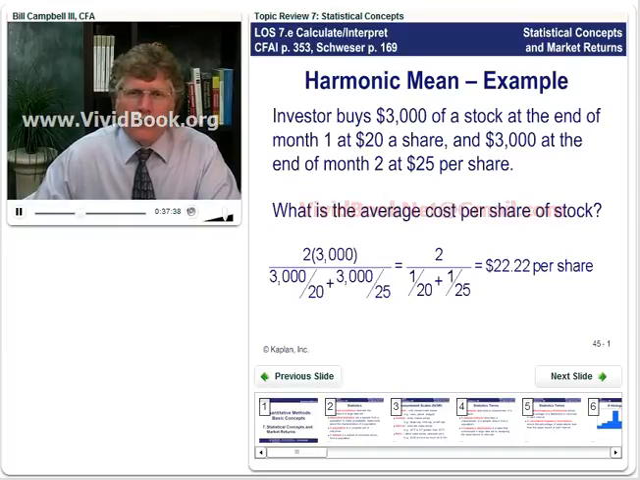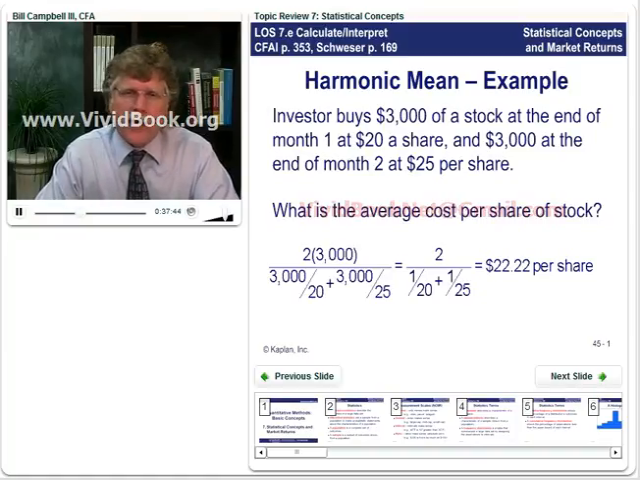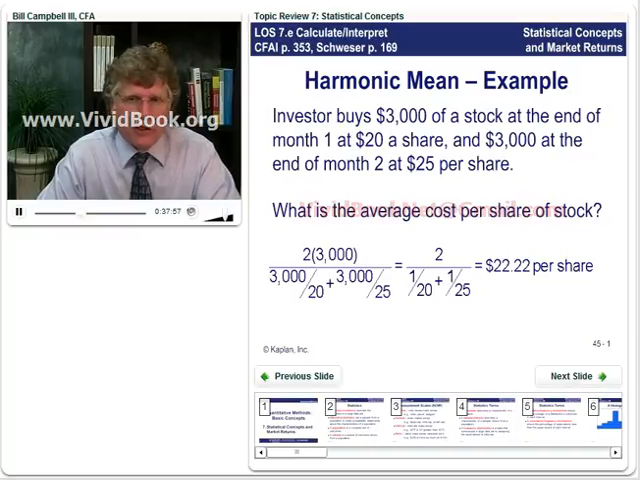The first part of this formula, the leftmost part, is exactly what I just told you. We spent $6,000, 2 times 3,000. The 3,000 over 20 is the number of shares that we bought in the first month. That would be 5 times 30, which is 150 shares. The 3,000 over 25 would be 4 times 30, which is 120 shares. So we had $6,000 divided by 150 plus 120, 270 shares, which should come out to $22.22 per